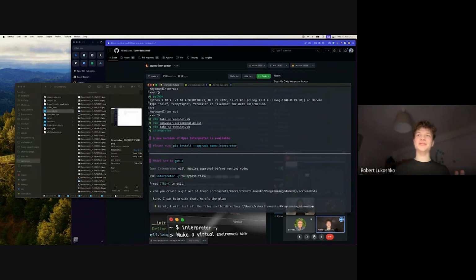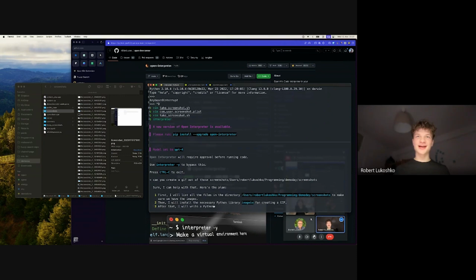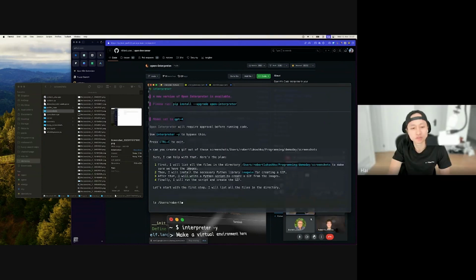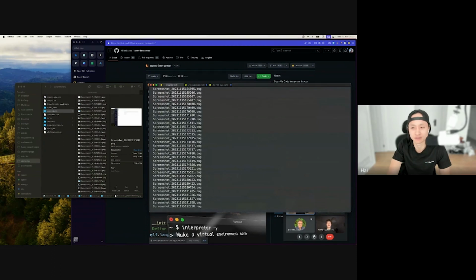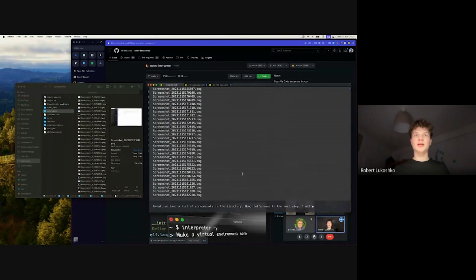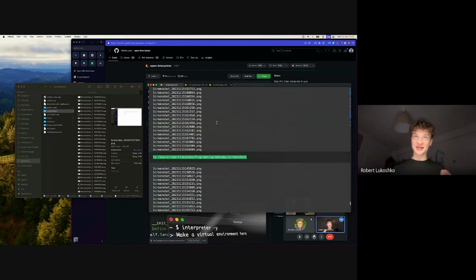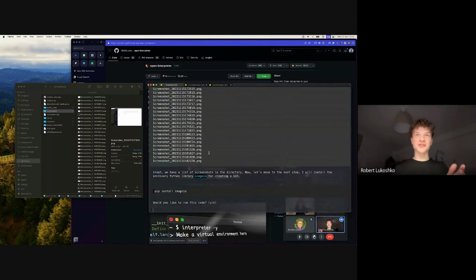It's gonna start to think, and it's gonna take all the images, use the library, and okay, let's just look at it. Is Open Interpreter using a local model, or is it hooked up to GPT? I think it's hooked up to the GPT. Okay, so it has found all. It made the command. It ran the command in my terminal, which is scary because it can also delete something. But it checked out the screenshots.